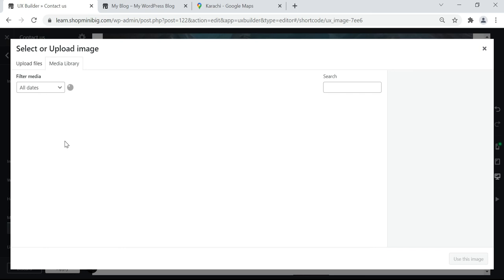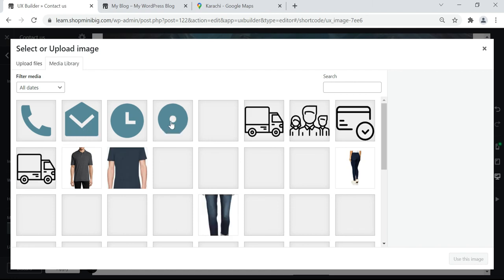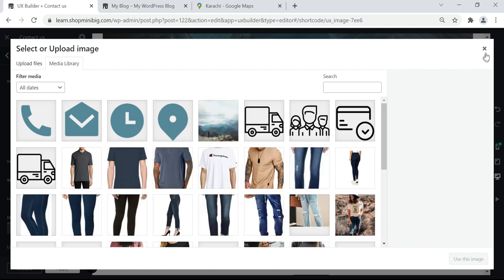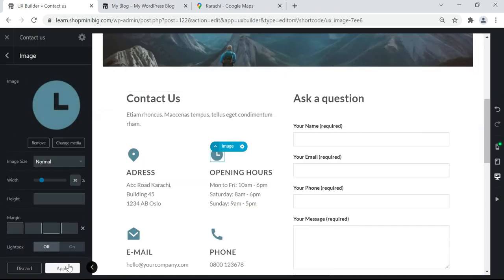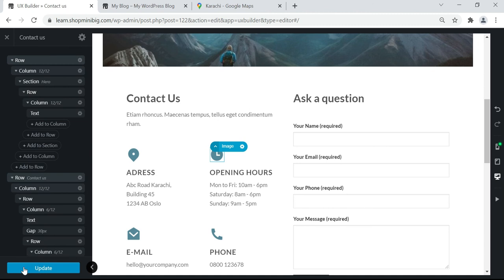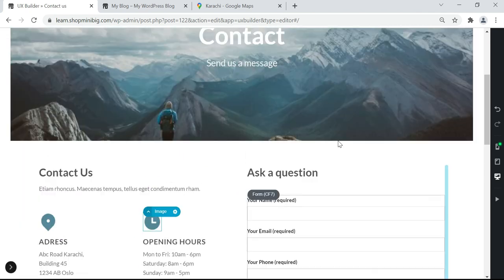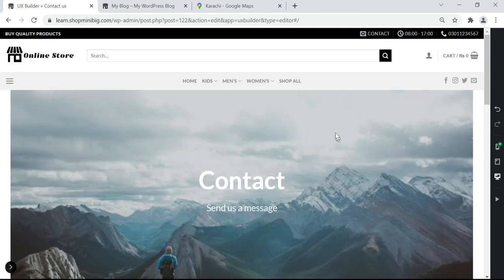Then you can select according to you. I am going with the default one. Click apply, then click update. Now we have successfully designed our contact us page.